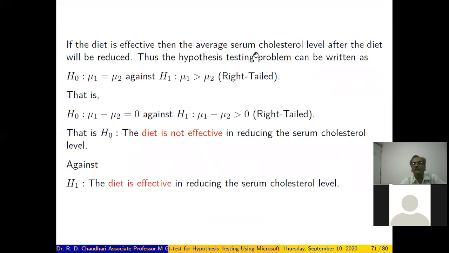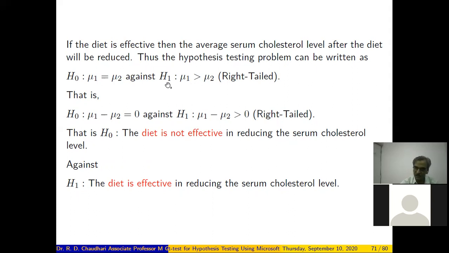So the same can be written in notation as H0: mu1 equal to mu2. As I told you, the null hypothesis is always about equality, right? And based on the research question, we have to write the alternative hypothesis accordingly. Now, since here we want to test whether the vegetarian diet reduces the cholesterol level or not, if the vegetarian diet reduces the cholesterol level, then mu2 must be smaller than mu1.